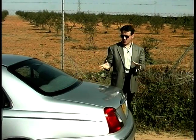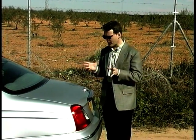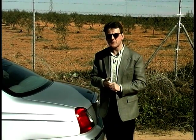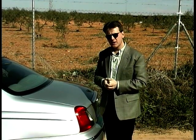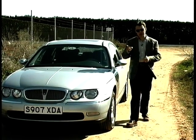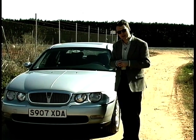On first looks, the car seems big, grand, and with a somewhat regal presence to it, not unlike the Rovers of the 1950s and 1960s, and that is completely intentional. This car wouldn't look out of place parked outside number 10 Downing Street. It also reminds you very much of the new Jaguar S-Type, a sweeping rear end, lots of chrome on the exterior, and those two front headlights, and rather interesting that both cars were launched at the same time at the